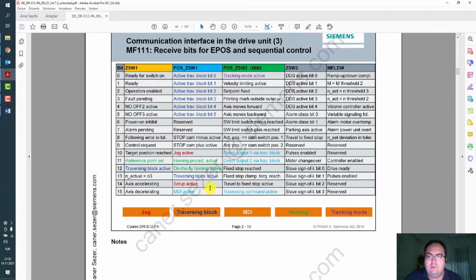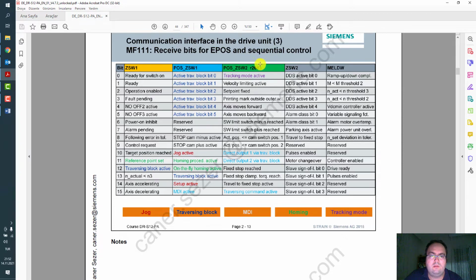Because we have to check the current state of the drive for basic positioner. If we want to switch to setup mode in the control word, we just set 1 bit to true. But after that we have to check and evaluate the feedback status located in the status word. And the next word, positioning status word 2.